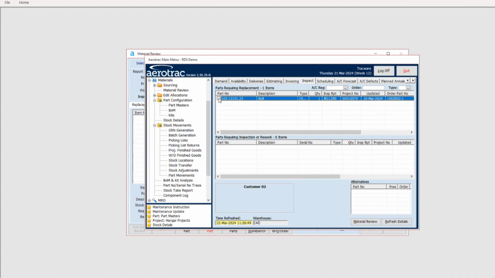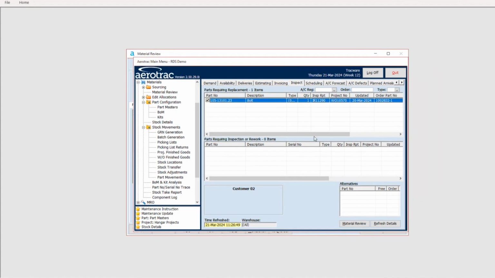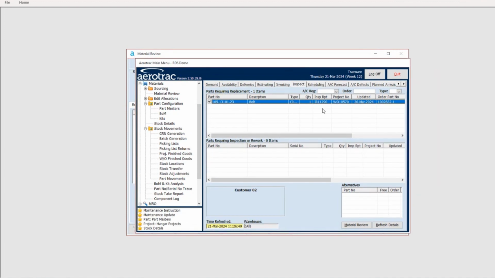So part of the commercial process is you need to obviously review these parts to actually say, are we going to have to buy a new one? Have we got stock of it? Anything like that? Is it the correct part? Are there any alternatives? So from here, you can check the items that are needed for this particular project. And if you click on material review at the bottom,